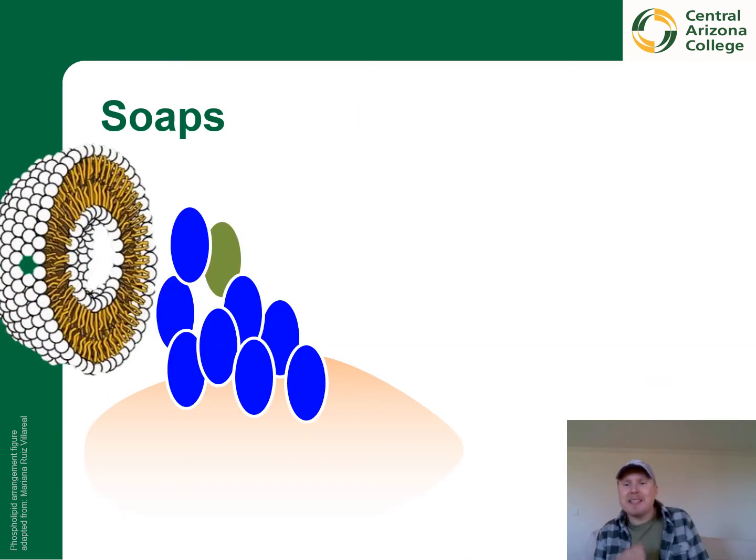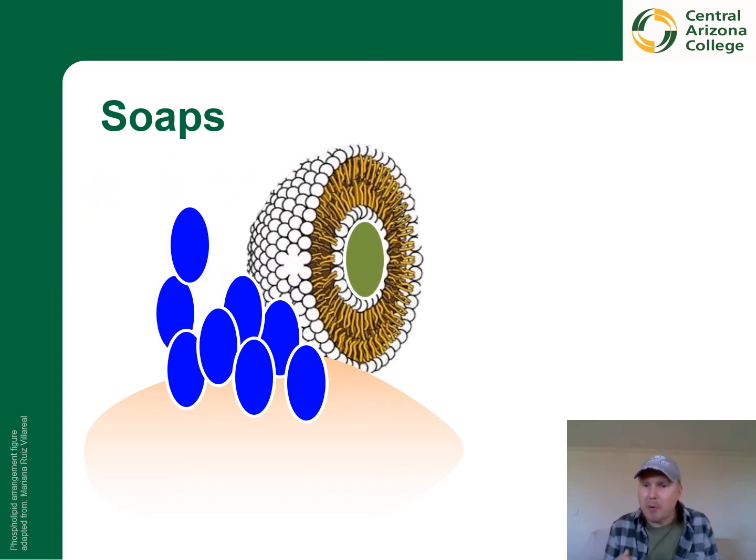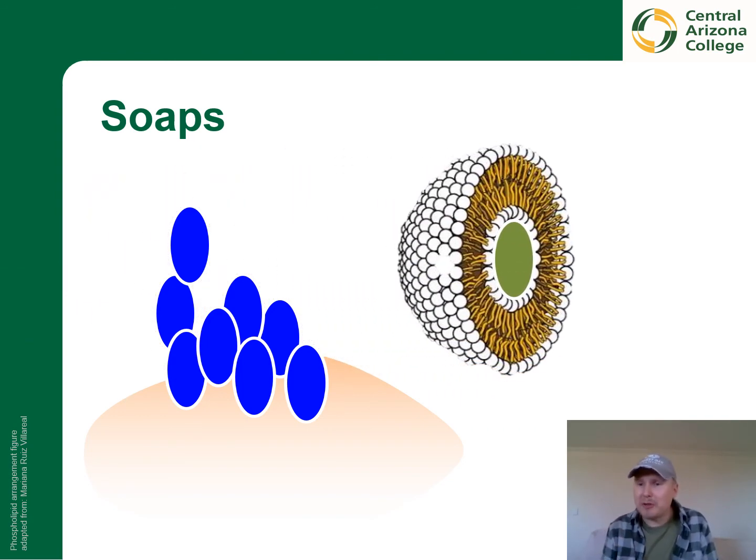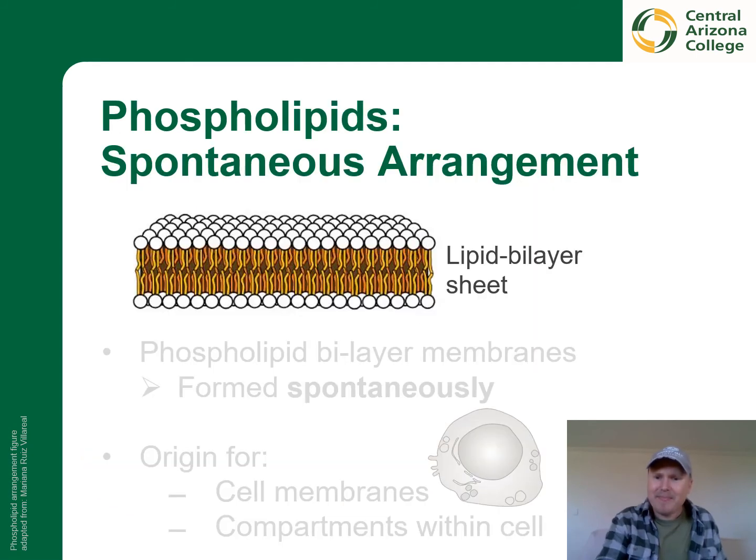In fact, this is how many soaps work to remove fat and other molecules that we want gone. These balls surrounded by the material that is meant to be removed, separate it from the rest of the surface and take it away when washed away. But what is really important here for you as a takeaway message is that nature tries to form these bilayered phospholipid membranes spontaneously without any effort.